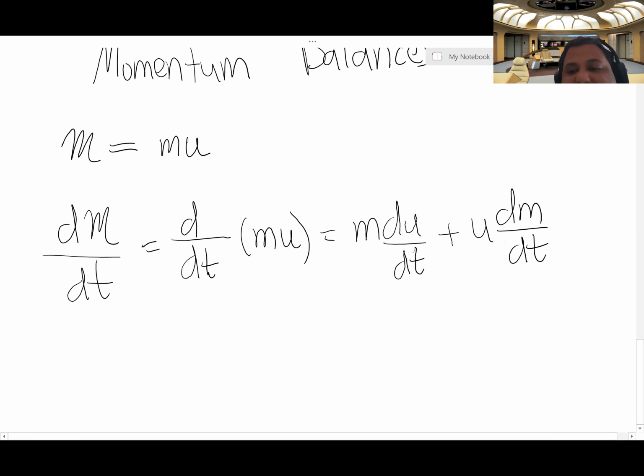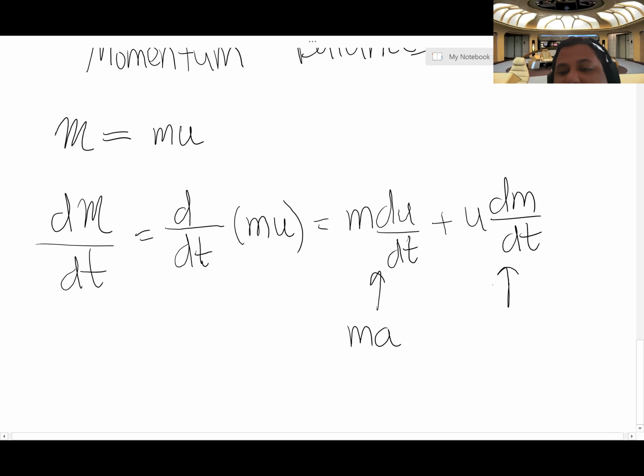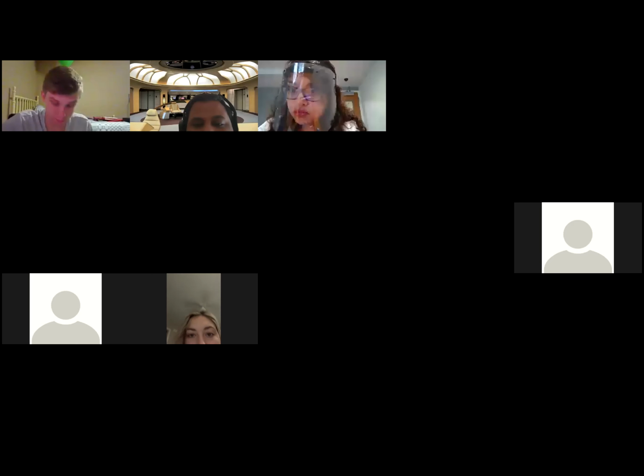And so what this means is it gives me the implication of two types of systems. This term correlates to mass times the derivative of velocity with respect to time, which is acceleration. This term denotes the influence of a system at a constant velocity, or a mass at a constant velocity, but changing or moving in and out of my system with time. And so I designate this part U times